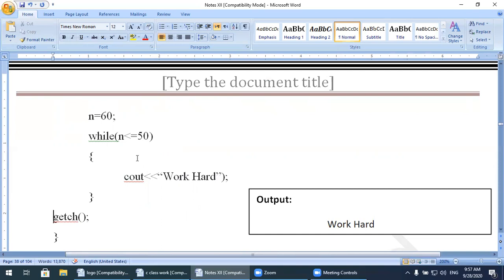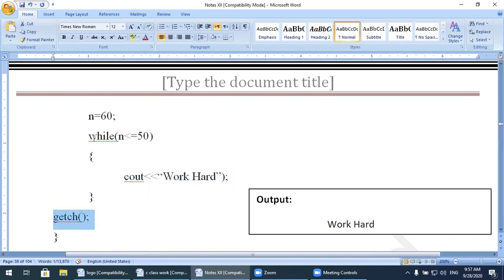This program will be executed, but this message will not appear on the screen. Why not? Because at the top, before the block, there is the condition. When the condition is tested and it is false, it will automatically transfer the control after that block to the end.